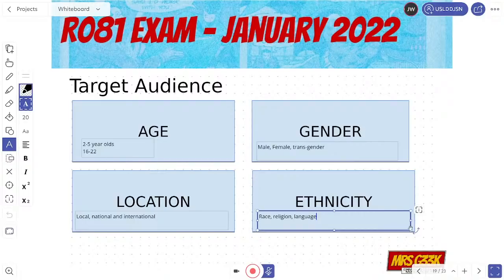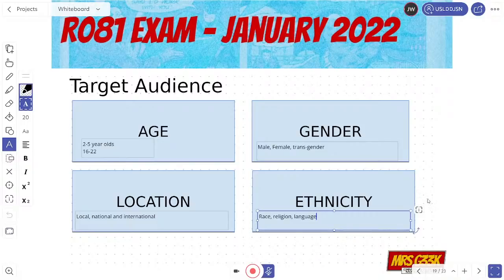And another one that's not on here, I did take this from the textbook, but also you've got things such as income. Now, a classic one on this would be to think of supermarkets. If you're in an affluent area where you've got lots of money, if you're the local corner shop, you're probably going to advertise products that are a little bit higher premium cost. Whereas if you've got a corner shop that's in a really poverty stricken area, then you're probably going to advertise products that are cheaper and are going to appeal to those people, because obviously if you do it the other way round, you're not going to get the right people coming in. So if you're advertising really expensive products in a really poor area, nobody's going to buy them because they can't afford them. So income's a really important thing to think about as well.